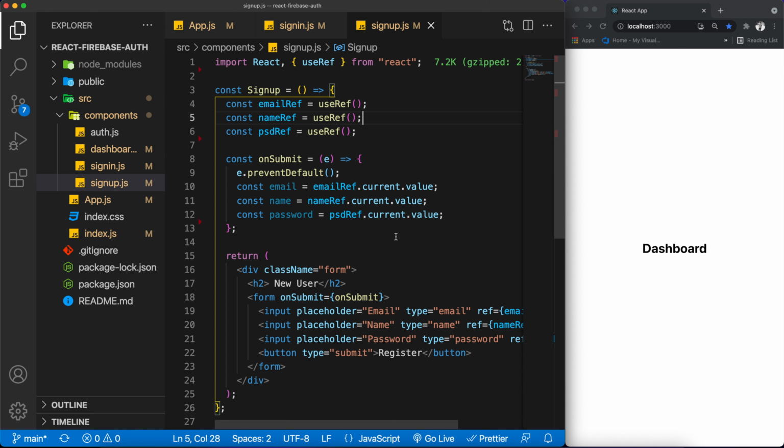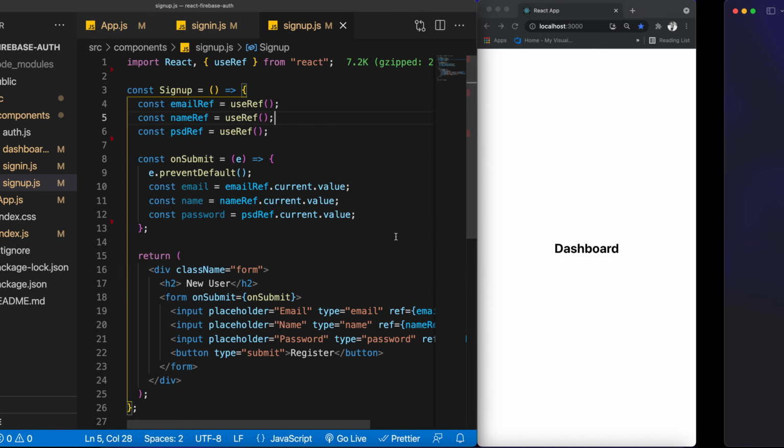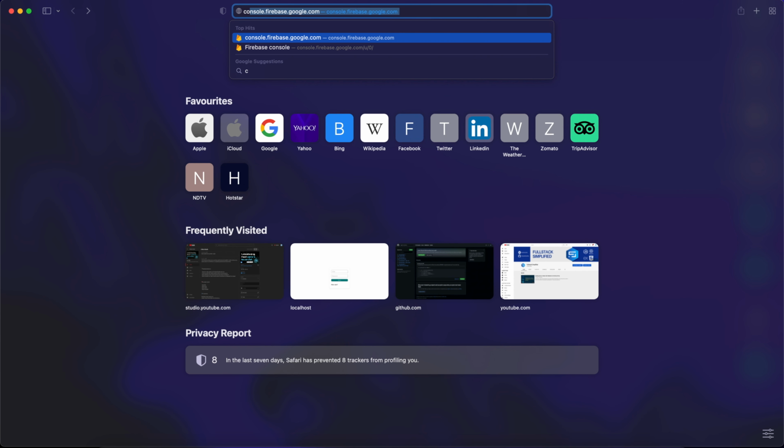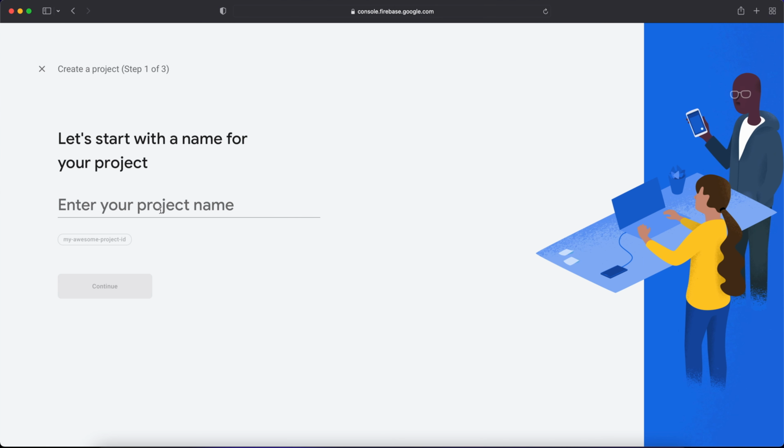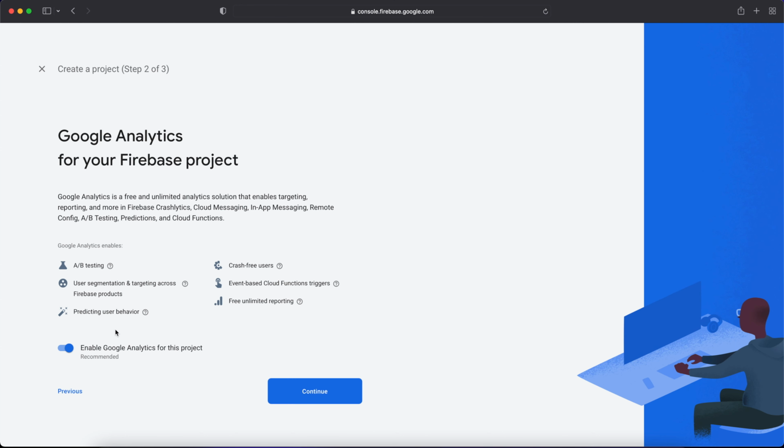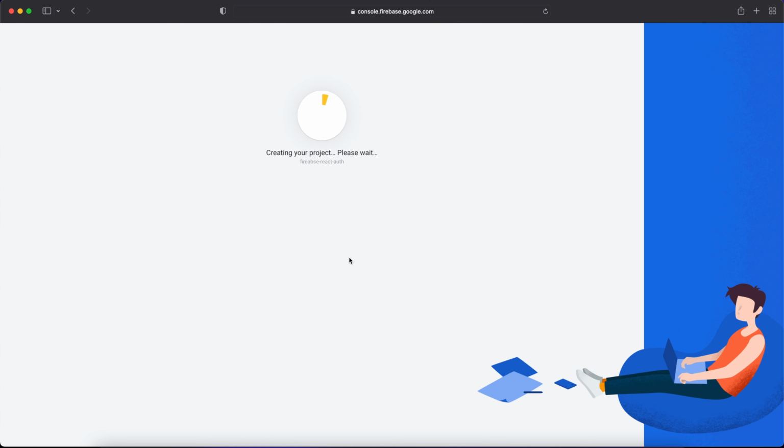Now the next step is to create a Firebase project. For that, simply go to your browser and type console.firebase.google.com. Here, add a new project, give a random name to your project and click on continue. Now if you want to enable Google Analytics, you can do it, but I am simply disabling it for this particular video. And click on this create project button, and it will take some time and we'll be back soon once this is done. So now as the project is created, simply click on this continue button